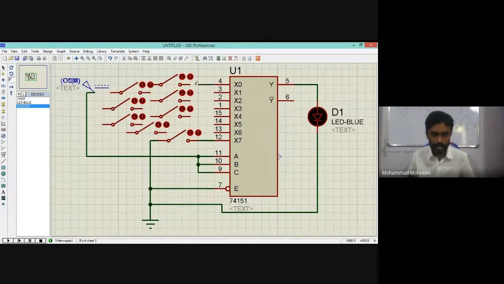Okay, this switch is connected here. This one is connected over here. This one is connected over here. This one is connected over here. And this one is connected over here. This one is connected over here. This one is connected over here. And these are all grounded.